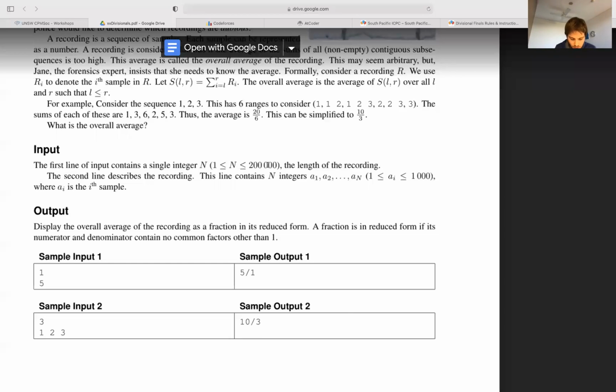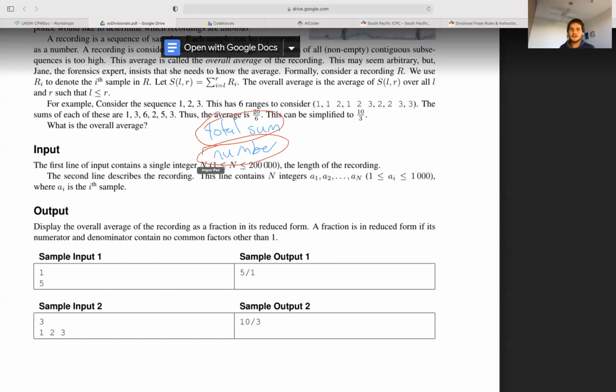So we want to work out the average. To work out the average, we need two things: the total sum and the number. We already have the number of ranges. We just worked that out. We have a formula for that. It's just n plus 1 on 2, or equivalently n plus n minus 1, etc. Then, what's an efficient way to compute the total sum of every range?